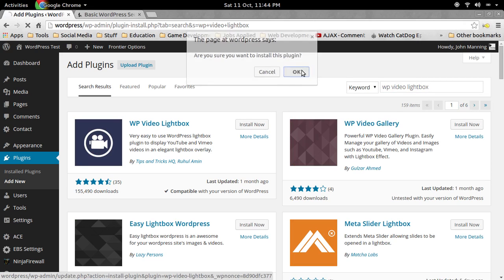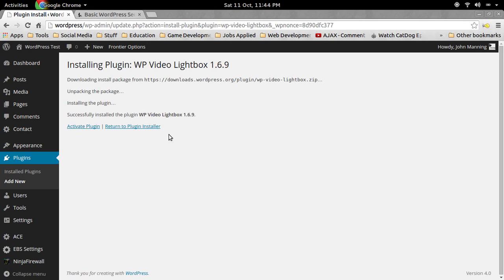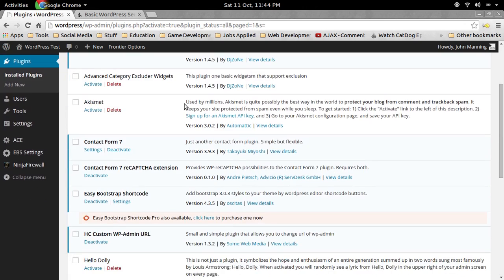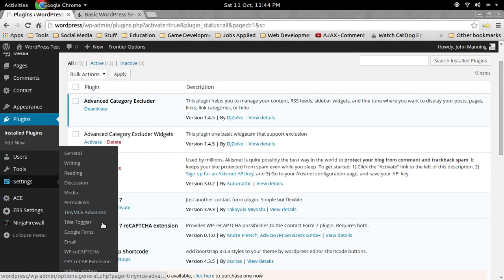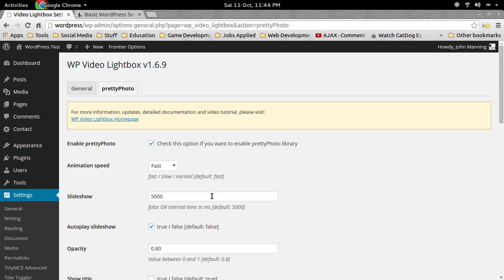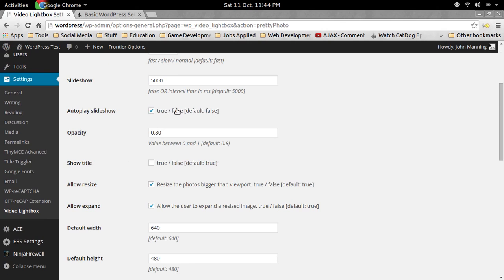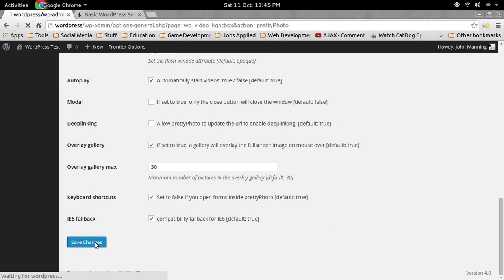and we'll install that. And we're just going to go ahead and activate the plugin. Okay, so now the plugin is activated. We can actually see in settings now. In settings we have some options, so we can enable jQuery, which we want to leave, and we also have a few different themes. We can change the speed of the animation. I'm going to go with dark rounded, and I'm just going to go ahead and save changes,